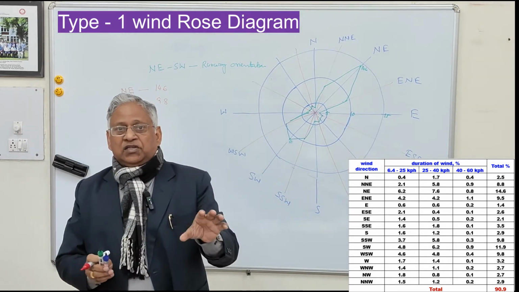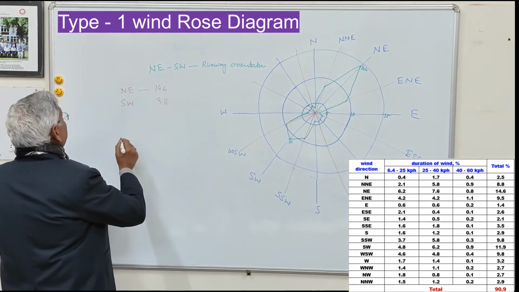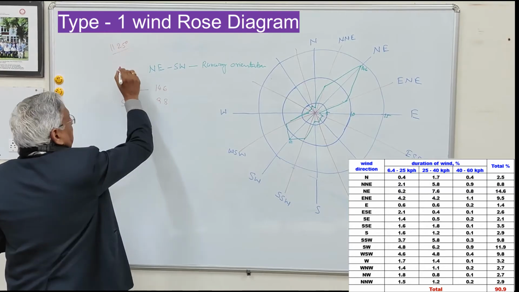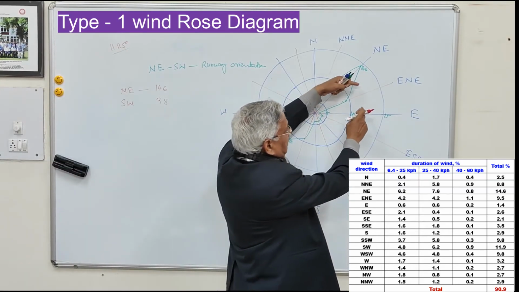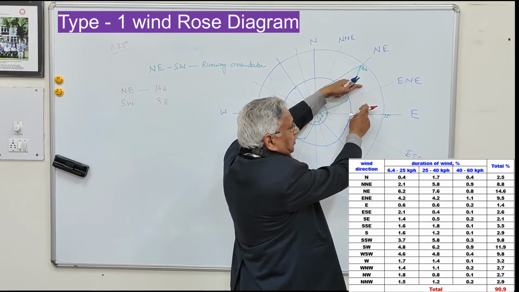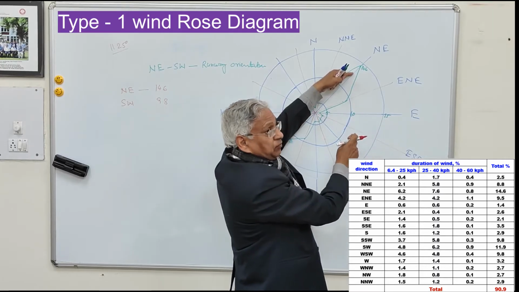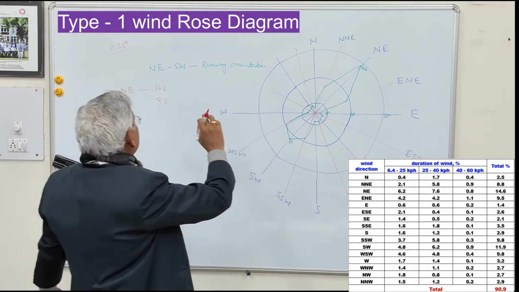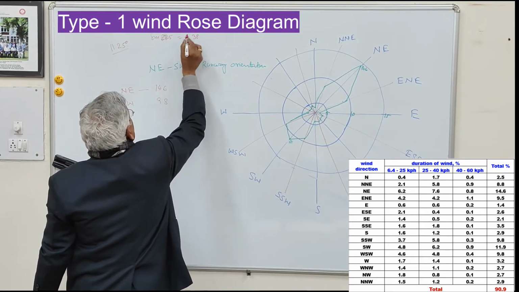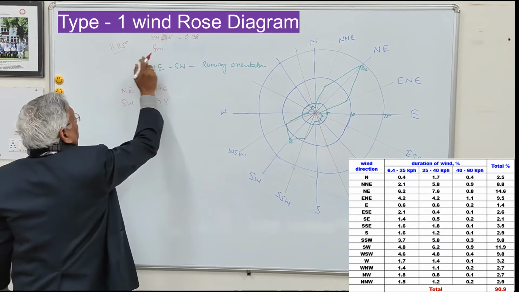We may allow some deviation in the wind direction, and therefore if you allow a deviation of 11.25 degree, what does it mean? I told you that this direction basically covers this cone here, a cone of 11.25 on either side. If you take a further 11.25, it will reach up to this point, northeast. And the reason is that sine 22.5 degree is 0.38. And if you take 22.5 plus 11.25,